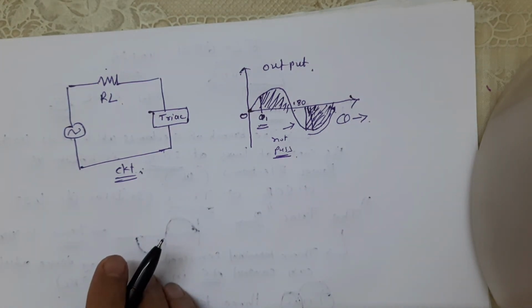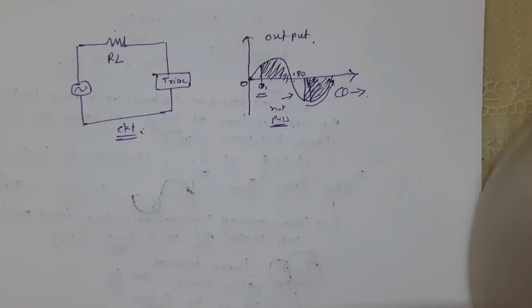So in this way, the shaded portion of the positive half cycle, similarly the shaded portion of the negative half cycle, will pass through the load. In this way, the alternating current, and hence AC power flowing through the load, can be controlled. Since a triac can control conduction of both positive and negative half cycles of AC supply, it is sometimes called a bidirectional semiconductor triode switch.